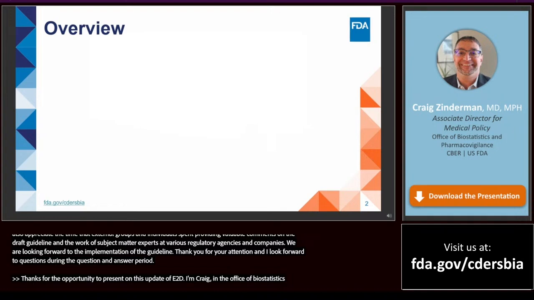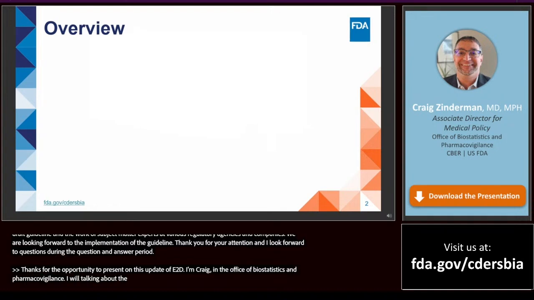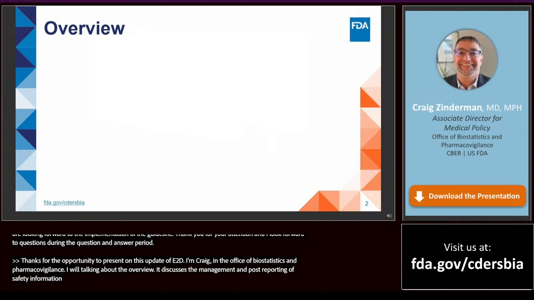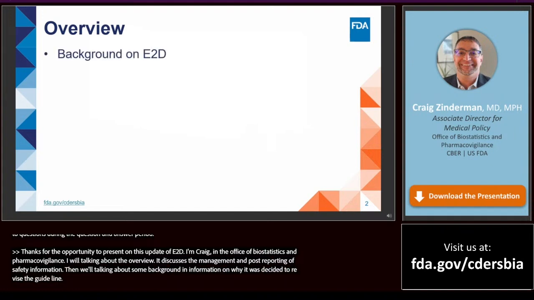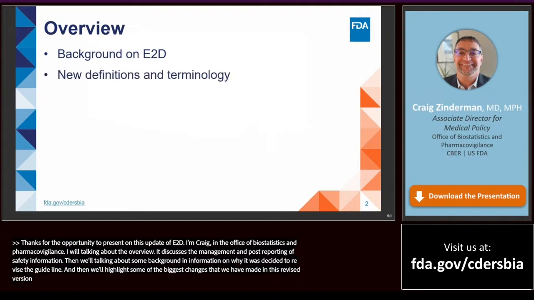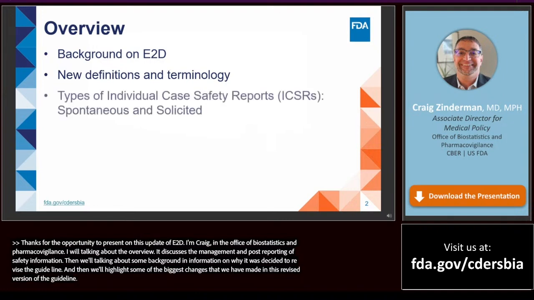I'll start with an overview of what the E2D guideline is about, although in brief, it discusses the management and reporting of post-approval safety information. And then we'll talk about some background information on why it was decided to revise the guideline. And then we'll highlight some of the biggest changes that we've made in this revised version of the guideline, including some key new definitions and terminology, the different types of individual case safety reports in the post-approval setting, spontaneous reports